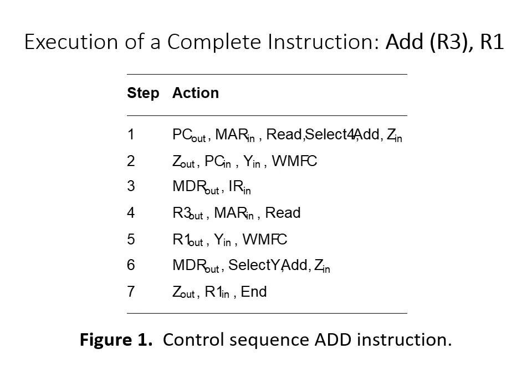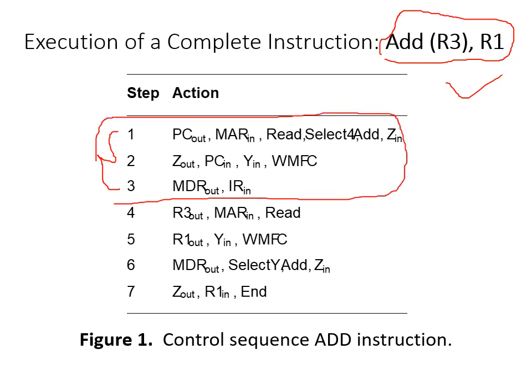Now let us see one instruction which is very familiar to us: the add instruction with operands R3 and R1. This is one possible add instruction. Various add instructions are possible based on the different operands we pass. Look at this add instruction. Other than the add instruction, for any instruction, the first 3 steps are the same. I think I have explained this in the first video in this module. While writing control sequences, I explained that if you take any instruction, the first 3 clock cycles are similar.